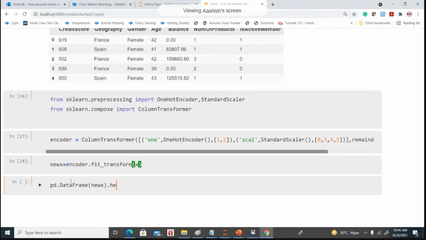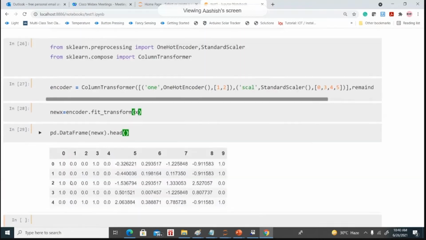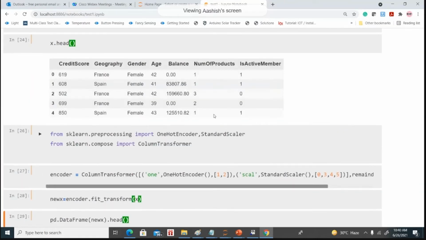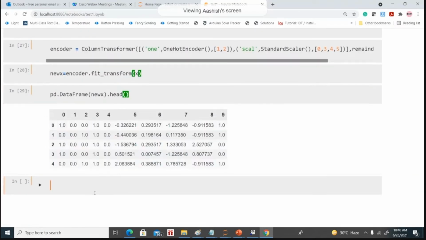After performing the encoding, you see here we have the transformed data. The starting columns represent geography, then gender. You can also specify the column names. Then we have the credit score, age, bank balance, then number of products, and the last one is is active member.